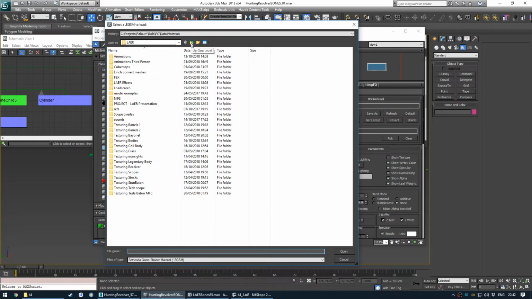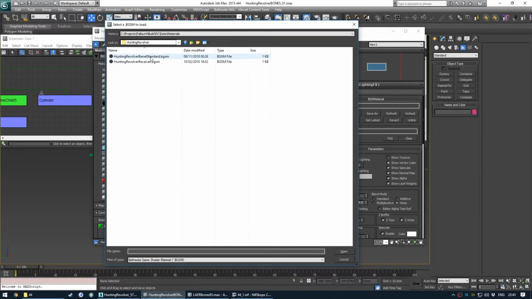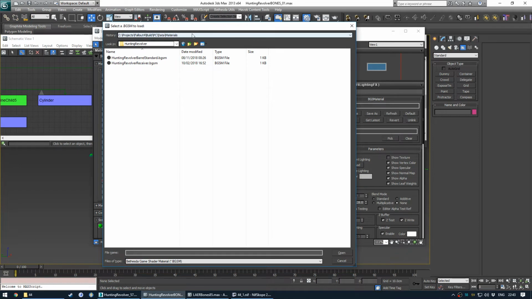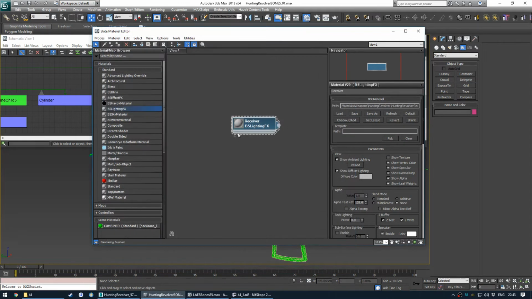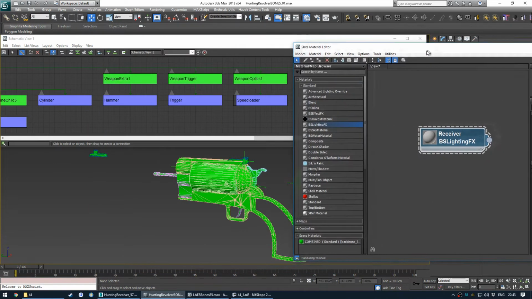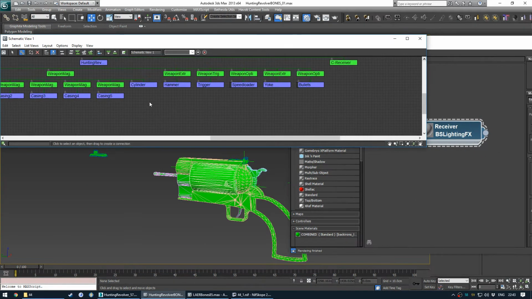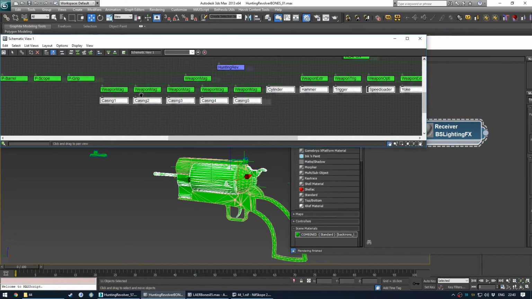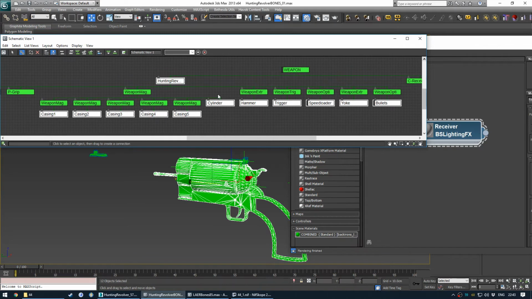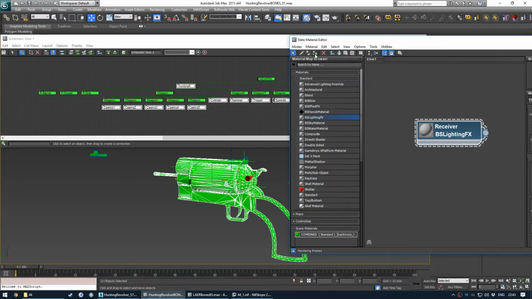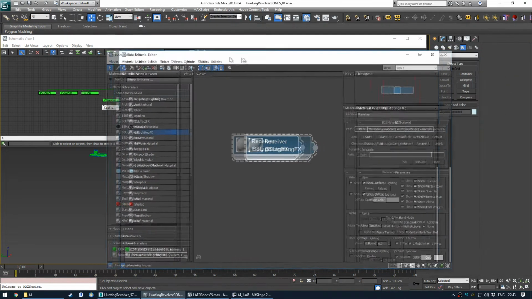And then we need to go to our hunting revolver materials folder. To actually navigate there in the end, because it wasn't in the history yet, because we've never been here, but I'll be able to click this drop down to get here quicker in the future. But we simply click on our receiver BGSM and then choose all of the meshes which we want to apply the material to, which is all the meshes in the scene, aside from the scope, and then just click assign material to selection, and that assigns the